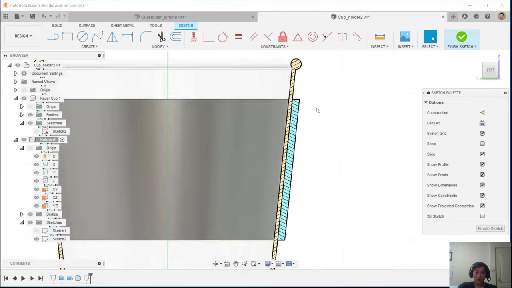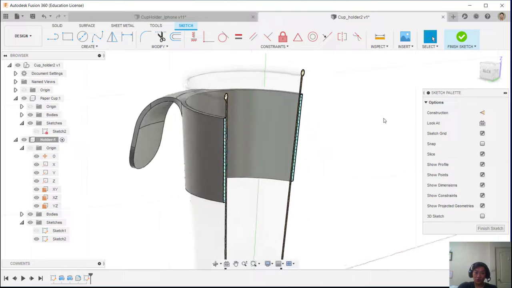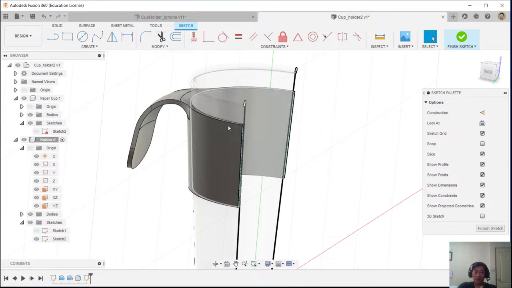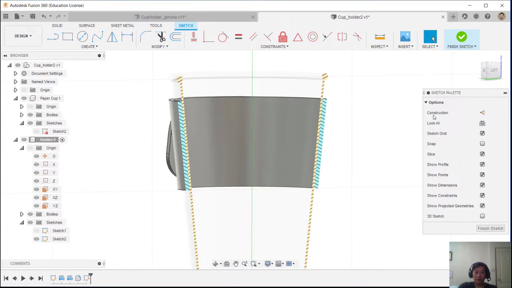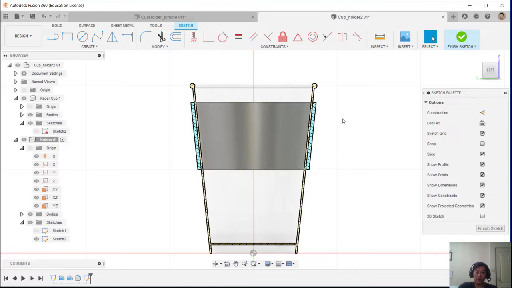Click slice, so you can see all the slice. Slice virtually cuts the 3D object,